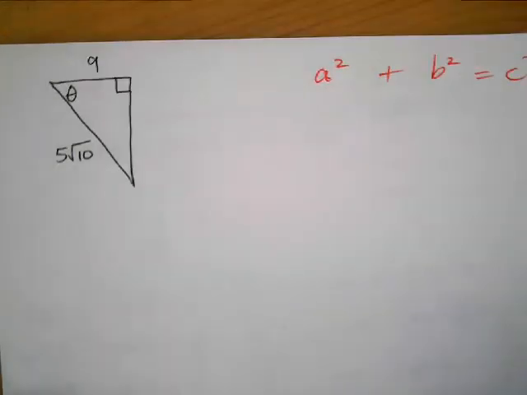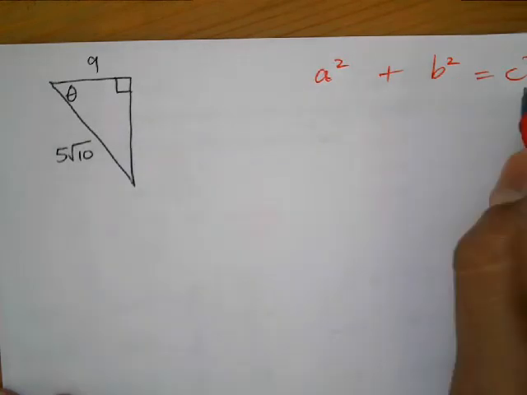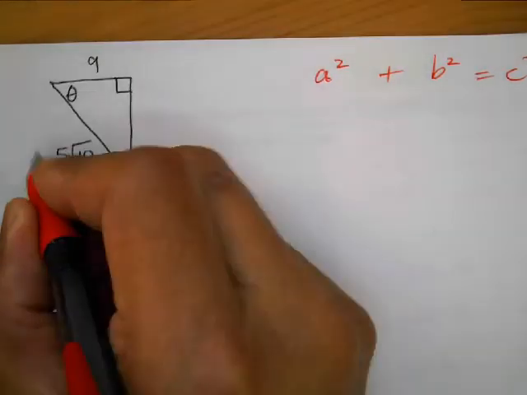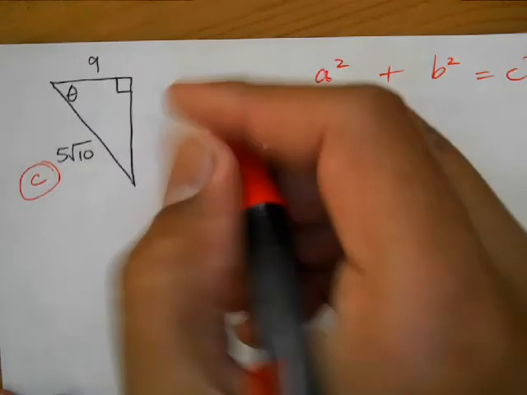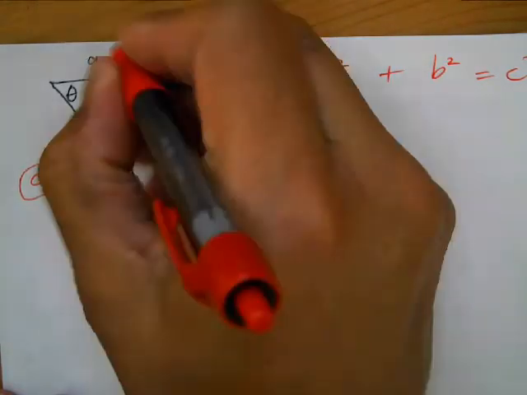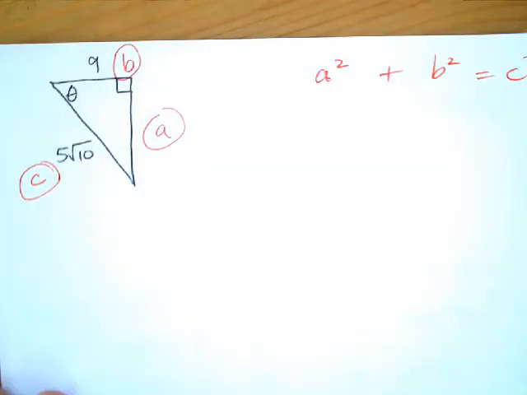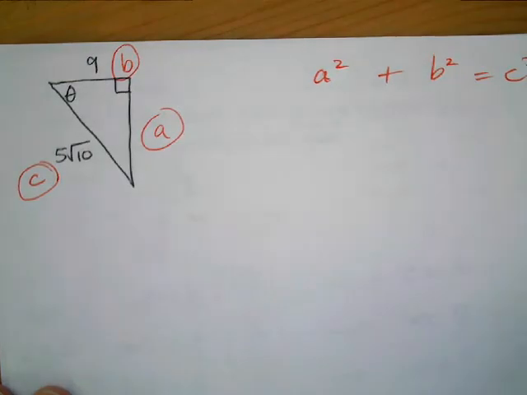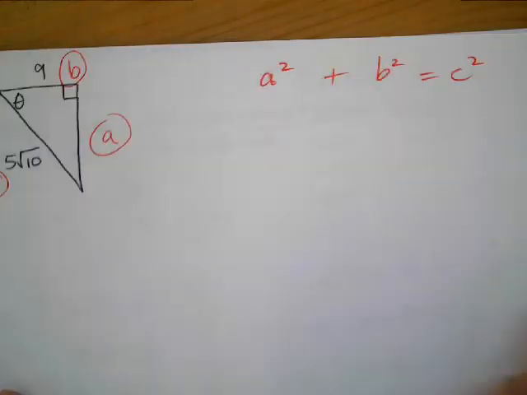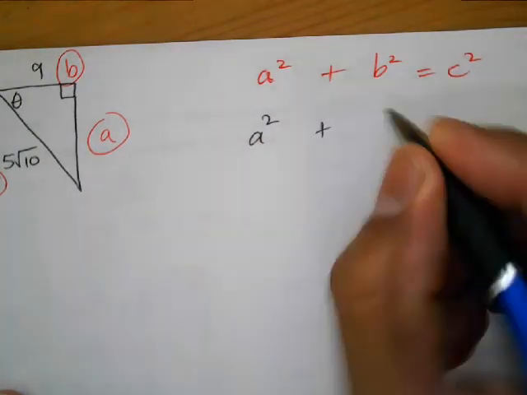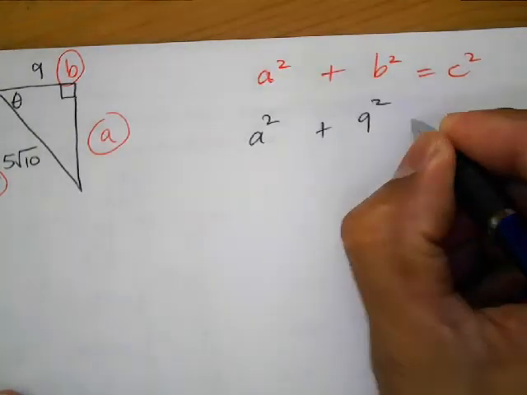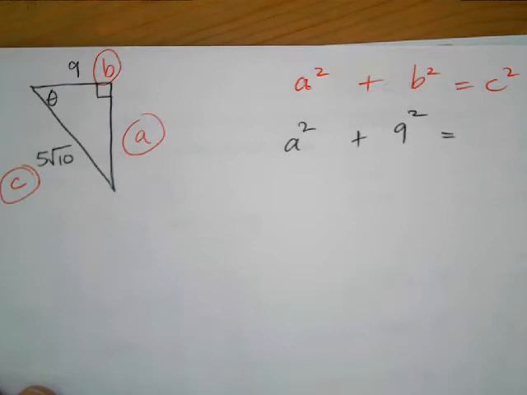Oops, let me zoom out. And the c side is the hypotenuse. Label that one C. These other ones, it doesn't matter which one's A, which one's B, okay? All right, we've done this many times, so you should be okay with this. Let's put this down. So that's A squared, we don't know. That's the side we're trying to find, plus B, which is 9 squared, equals